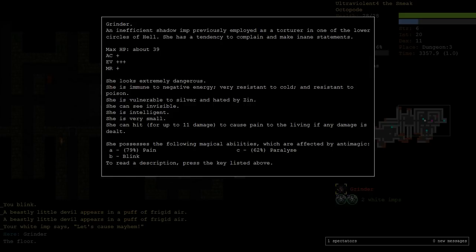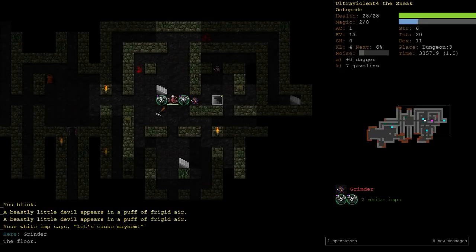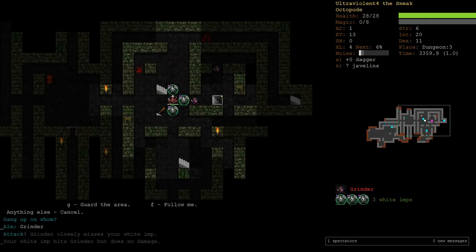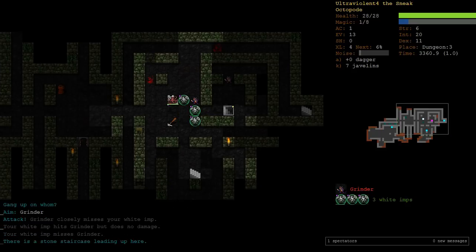Grinder is very resistant to cold. So it's not as good as with most enemies. I'm going to go for more imps. Oh, we got the triple white imp. Against any other unique on D3, that would be the absolute dream, because white imps are so OP. But Grinder being very resistant is not quite so good. I'm going to instruct everyone to go on Grinder rather than follow me. And then I'm just going to...